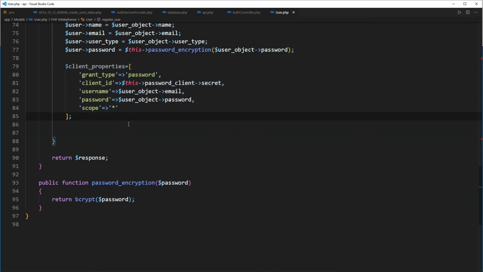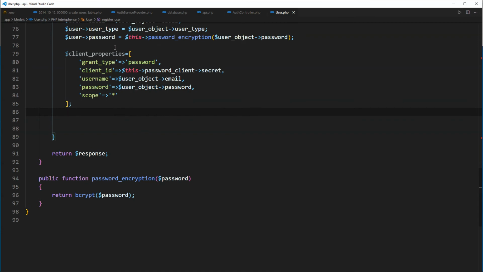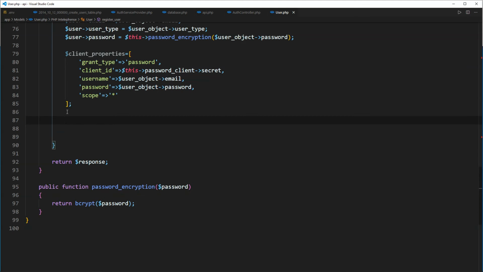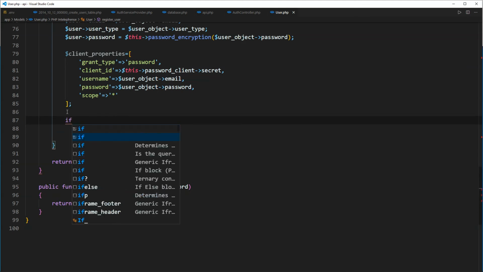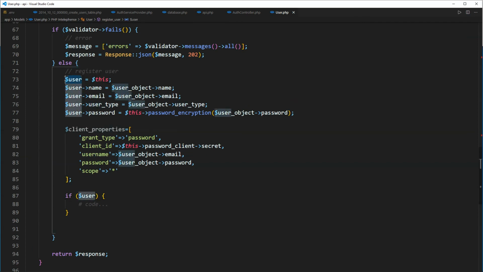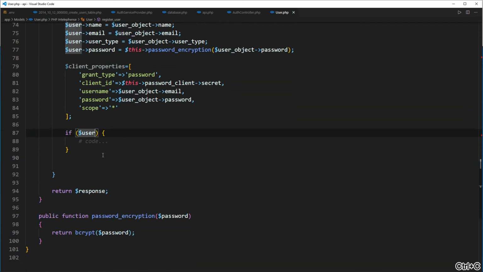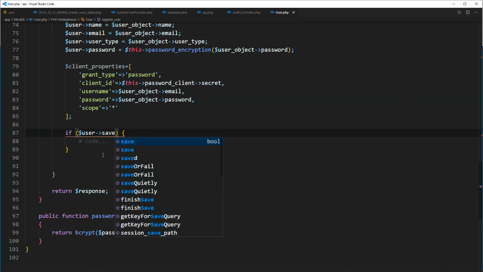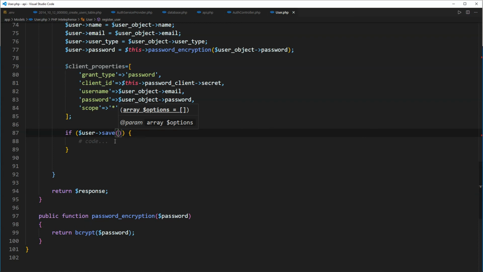So next, if that's the case, then we want to save the user and at the same time create the authentication information for this user. So let's check if our user will be created. So if user, remember we defined our user up here, this user. If this user is created, we check that by using the save method. If the user is successfully saved in the database, we continue and say